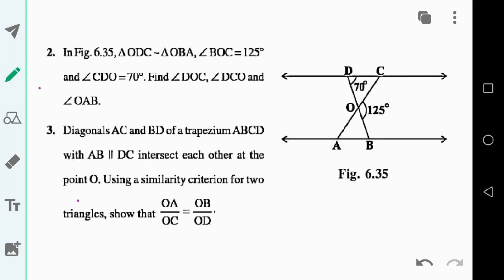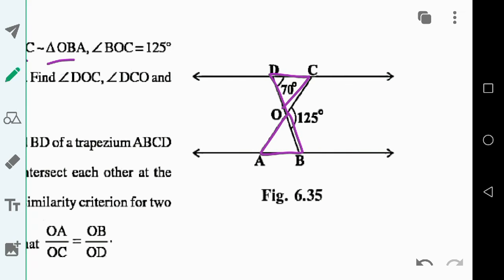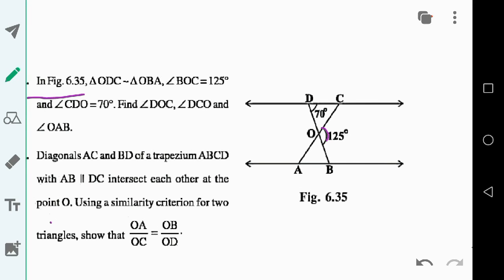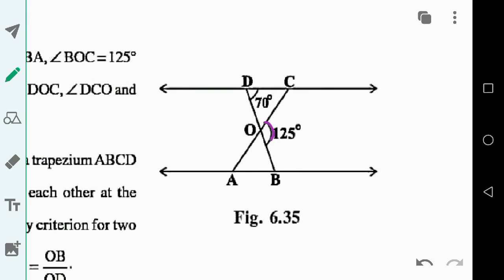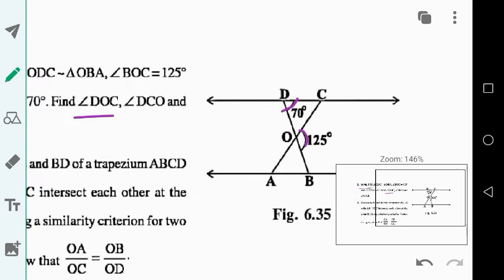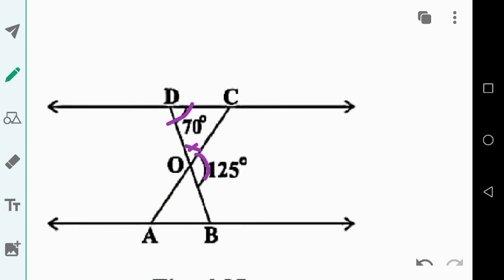Okay, so here you see in this figure triangle ODC is similar to OBA. Angle BOC is 125, this angle is 125. Angle ODC, or CDO, same angle, is 70. So we need to find DOC, that means this angle DOC we have to find, and